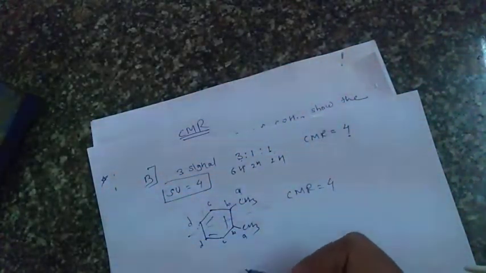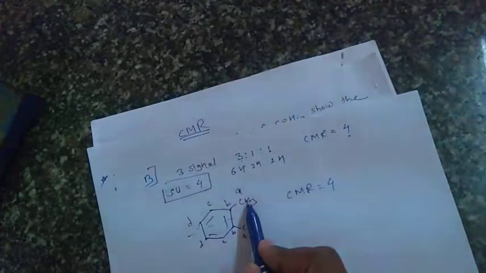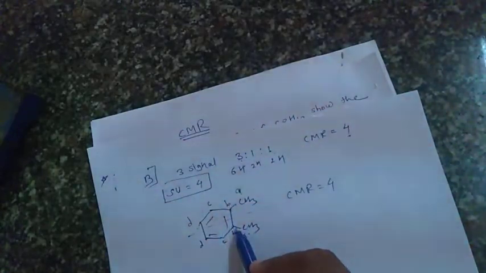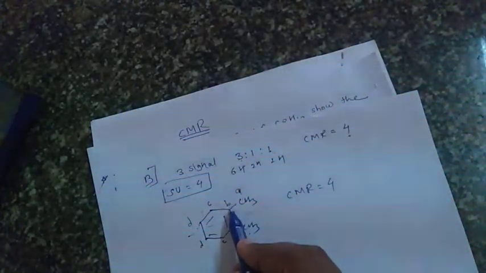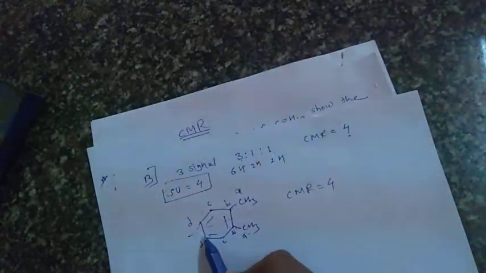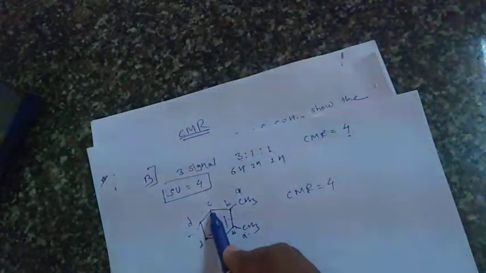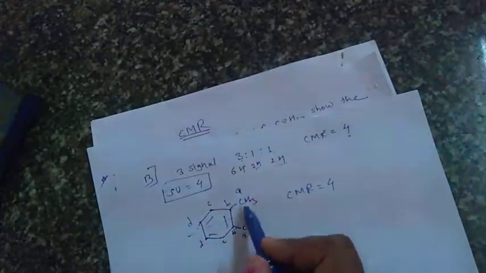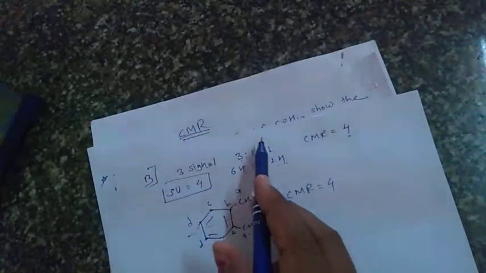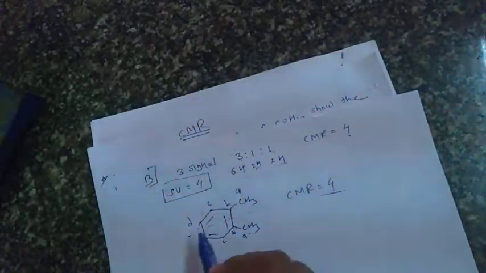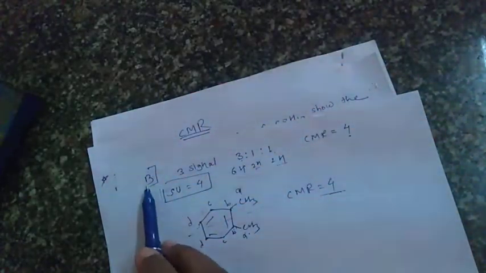Okay, and let's find out the PMR signals. Here this is one type of hydrogen, this is another type of hydrogen, and there is no hydrogen over here. That means this is the 0 type of H1. Here this is the C type of H1, which contains 2 hydrogens, 1 and 1, and this is another type of H1 signal. These two hydrogens and this hydrogen have a different environment, but have the same count of 2 hydrogens. That's why it fulfills the condition of PMR and also the condition of CMR. That means this is the structure of the second regioisomer.